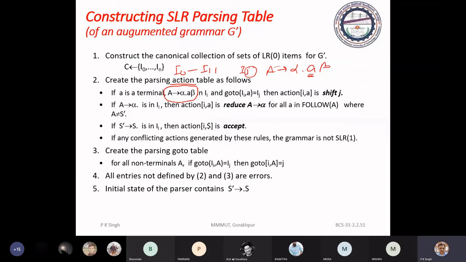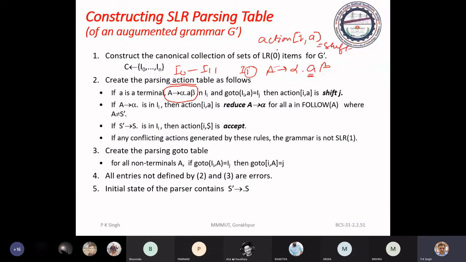So if Ii contains this, then at action i, A is shift.